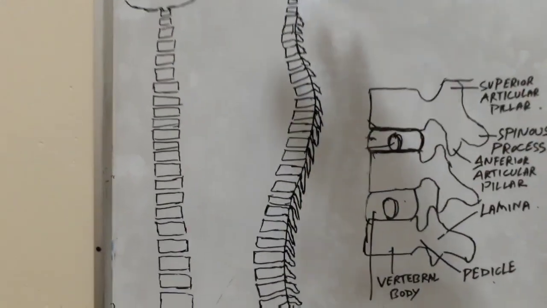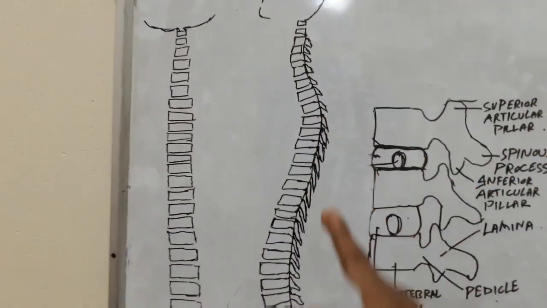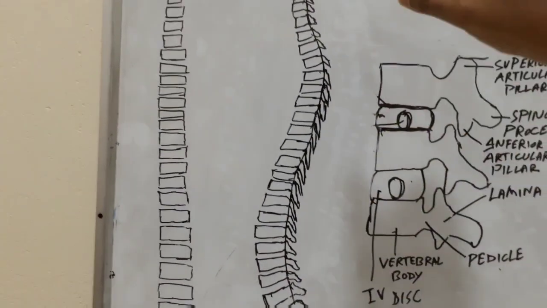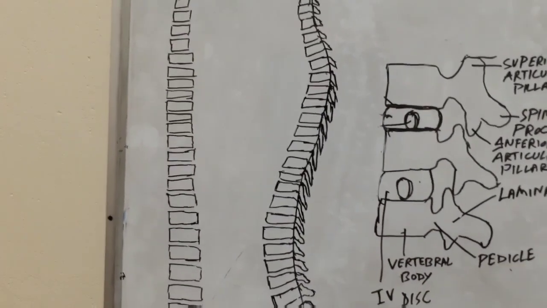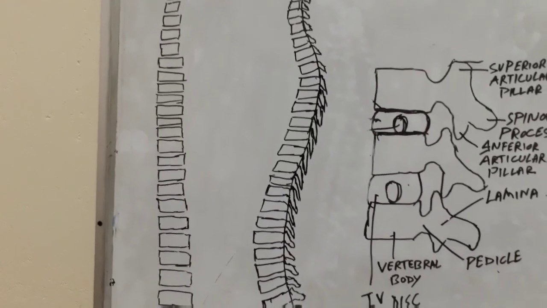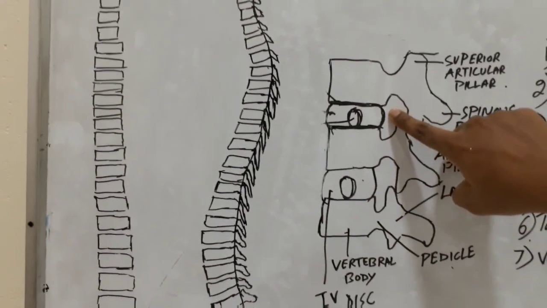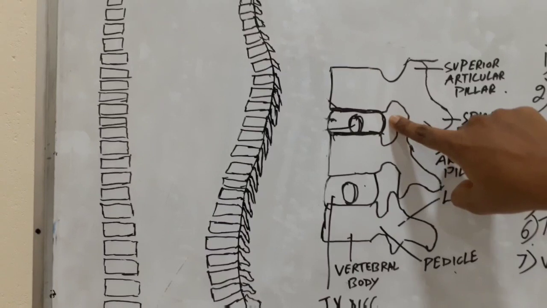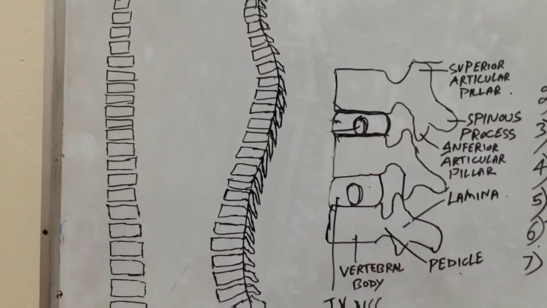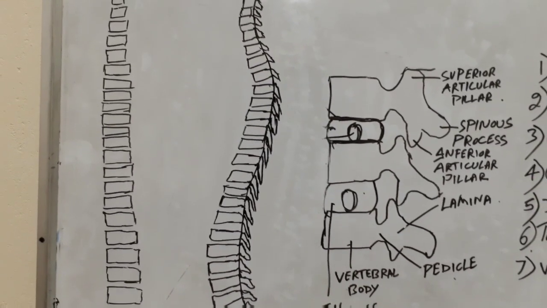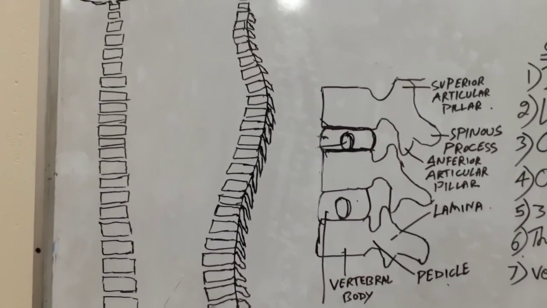You can see this curvature itself acts like a spring mechanism. If there were straight bones, the shock absorbing capacity would be less. Since you have this curvature, it itself acts as a shock absorbing mechanism. Yes, you have the intervertebral disc acting as a shock absorbing mechanism, but they say that this gives more shock absorbing capacity to the body than the intervertebral disc. Thus, this also acts as one of the important stabilizing factors.